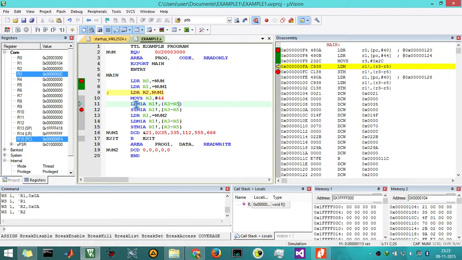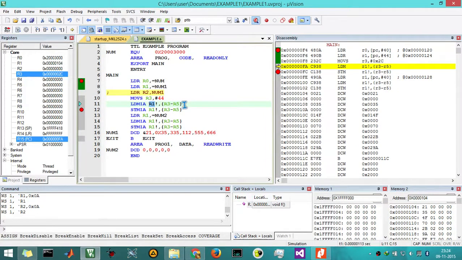It will load these registers from multiple locations at the same time. We will not be able to see the changes in R3, R4, R5 individually. Rather, we will see in one flash that R3, R4, R5 are loaded with the values present at these locations. Increment after will make the value in R1 be incremented after loading these registers.